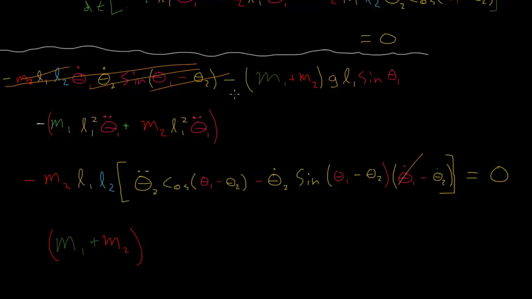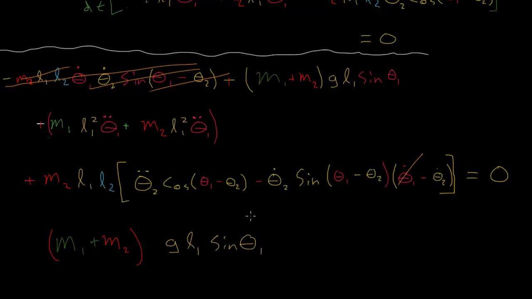Actually, I'll cancel all these negatives. Make all of these things positive because it's divided by 0 or equals 0, right? So we'll multiply the whole thing by -1, right? Plus, plus, plus. Here we have a g L1 sine theta 1. So a g L1 sine theta 1,